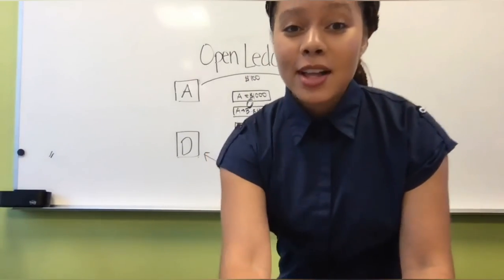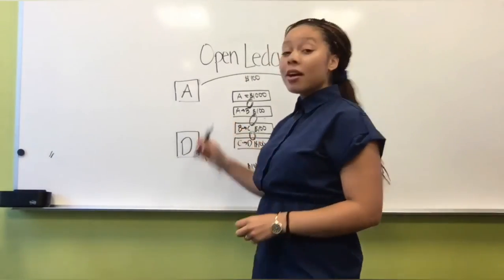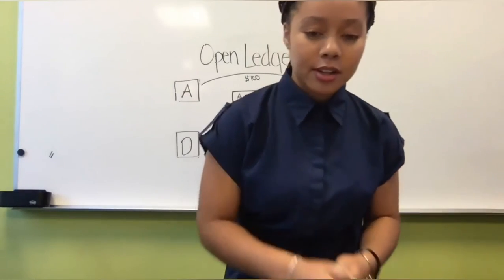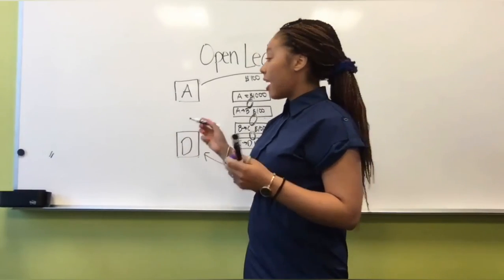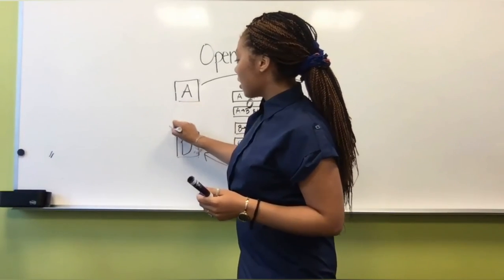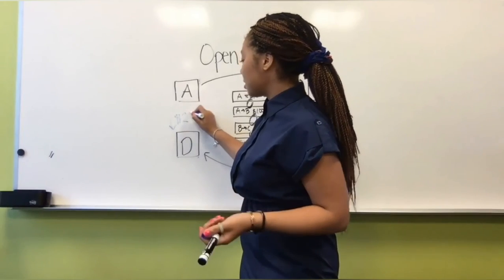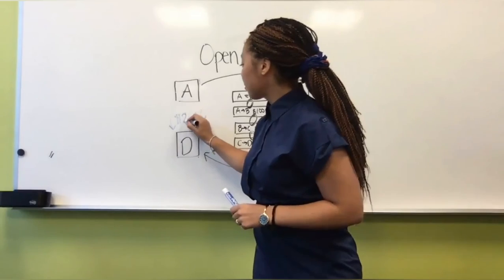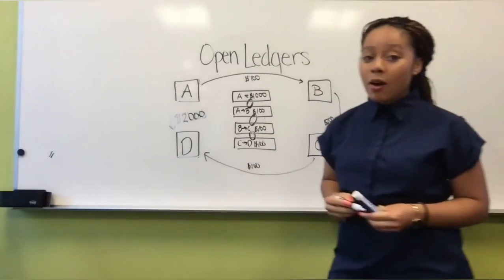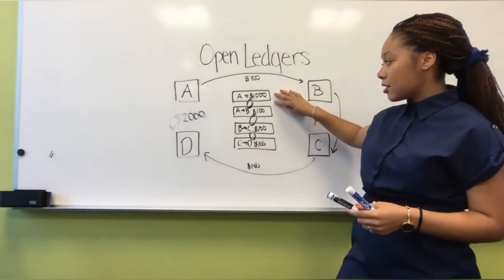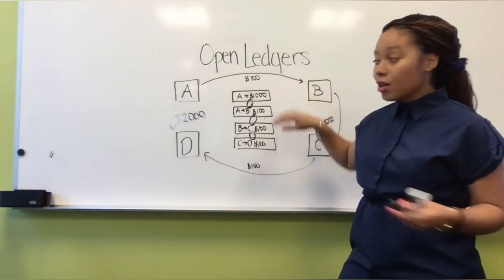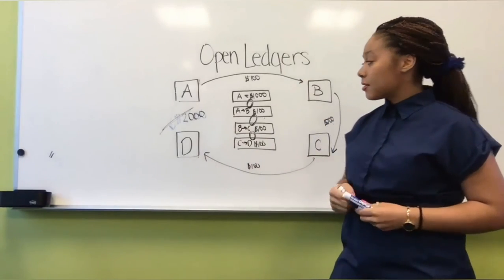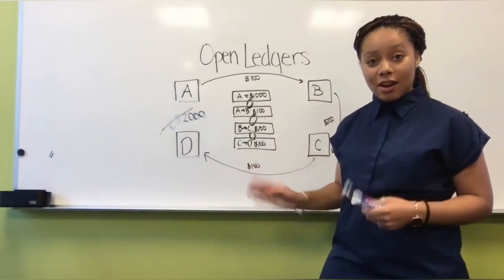So, for example, let's say that party A submits a transaction saying, I want to send, we'll do a different color. So let's say party A says, I want to send $2,000 to party B. To party D. They're like, I want to send $2,000 to party D. We all know that party A only has $900 in their account right now. So that is automatically, boom, no. So in the blockchain system, it's very open to see what's valid and not valid.